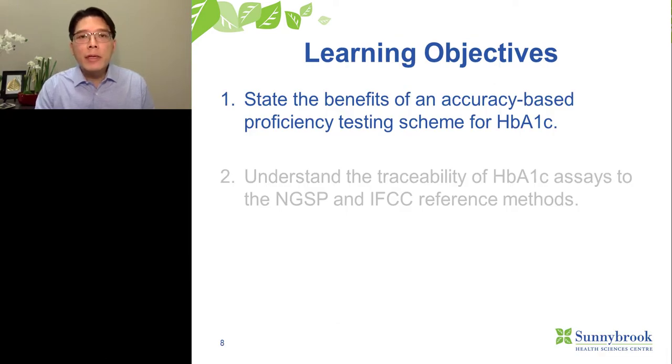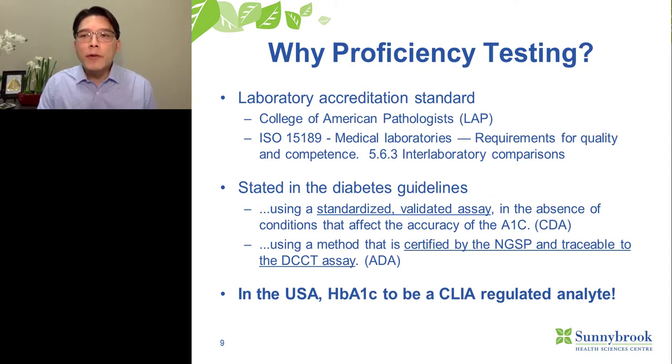So that brings us into the learning objectives. And so the first part, I want to go through the benefits of an accuracy-based proficiency testing scheme for hemoglobin A1C. Right. So why proficiency testing? For those who are working in a clinical lab environment,